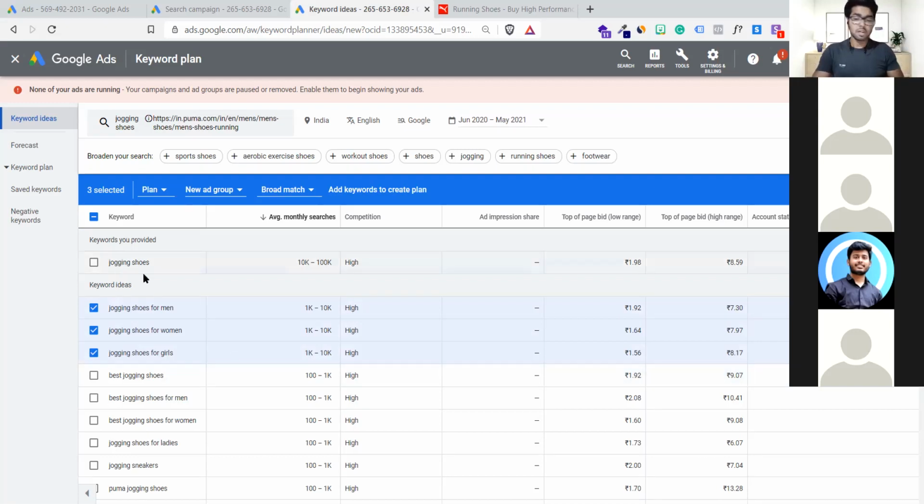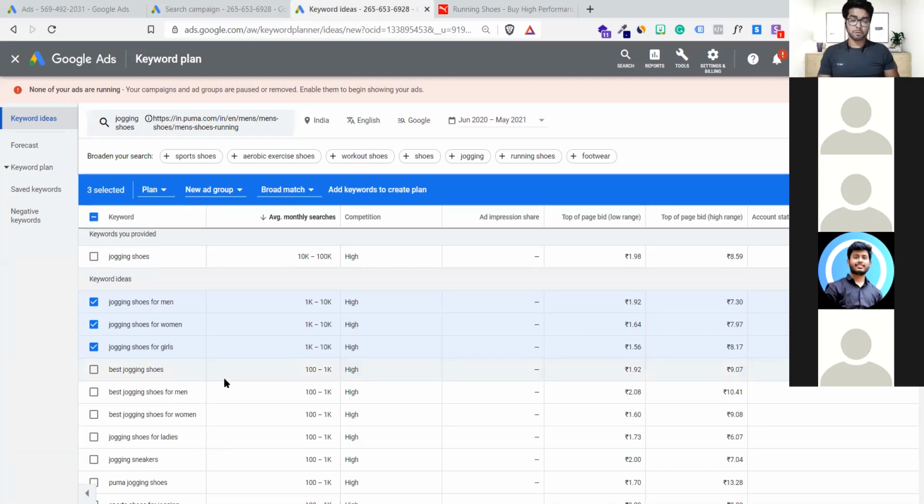If someone is searching jogging shoes on Google search, it's not always that they are actually ready to buy. They may be doing window shopping, like let me see how the jogging shoes look. If someone wants to download an image, it's not about buying the whole thing. So the moment there's something like jogging shoes for men, jogging shoes for women, if I have to buy for myself, I will write best jogging shoes for women, best jogging shoes for men, best jogging shoes for fitness enthusiasts, something like that, for sure.